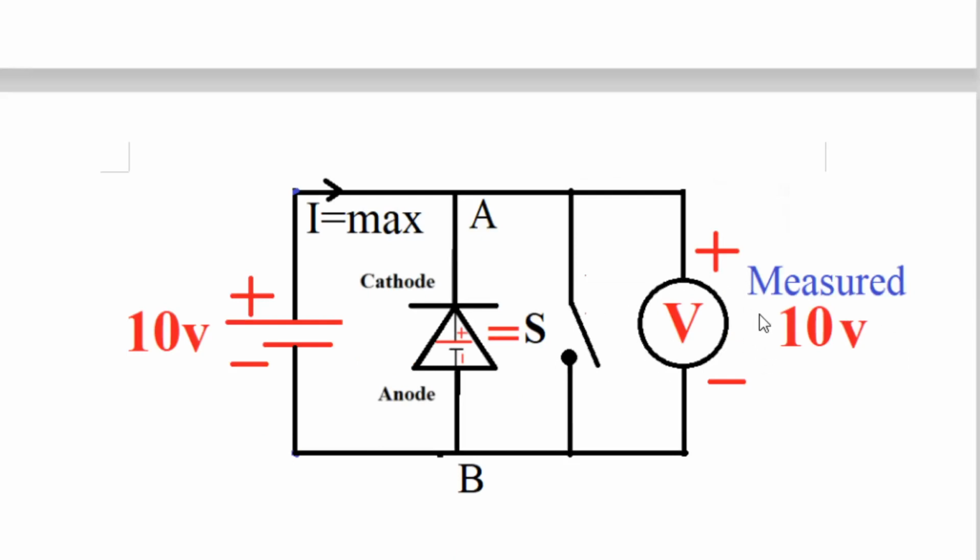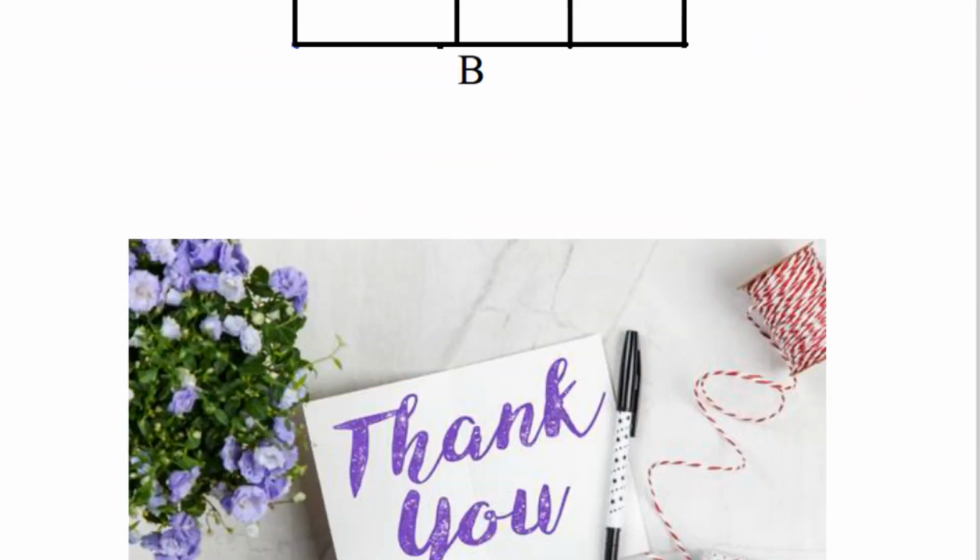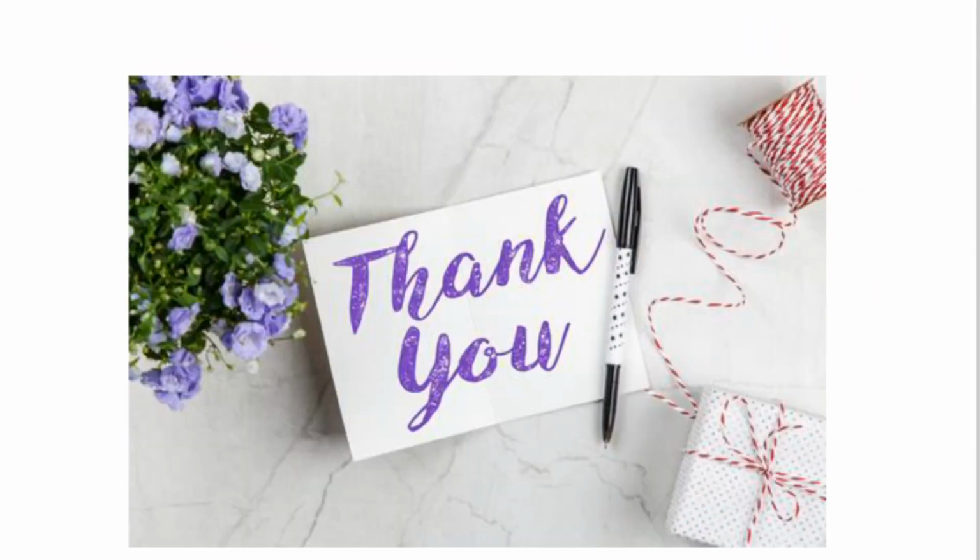This is the last diagram, which will help you in understanding the measurement of voltage. Again, the diode is equal to an open switch, because the anode of the diode is connected to minus and the cathode of the diode is connected to plus. In this case current will never flow. It is a reverse bias, an open switch, and here the measured voltage is 10 volt, because the positive of the voltmeter is connected to the positive of the battery and the negative of the voltmeter is connected to the negative of the battery. If you understood, well and good. Otherwise, just forget that slide and let us go to the next slide.